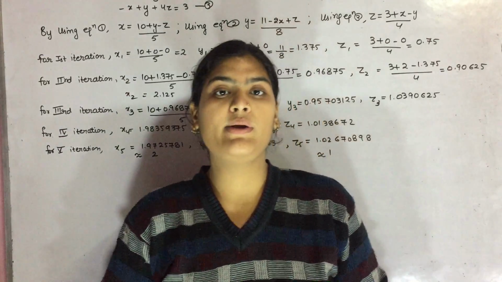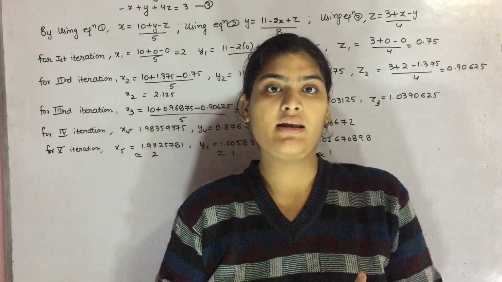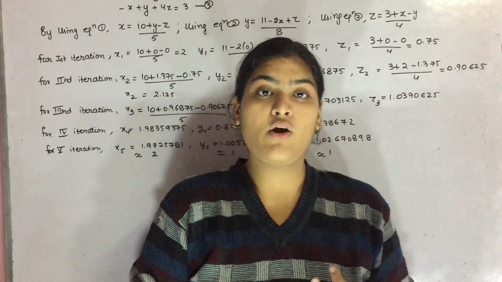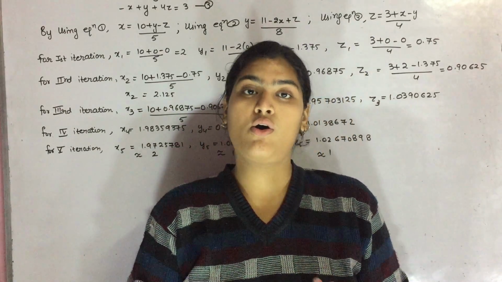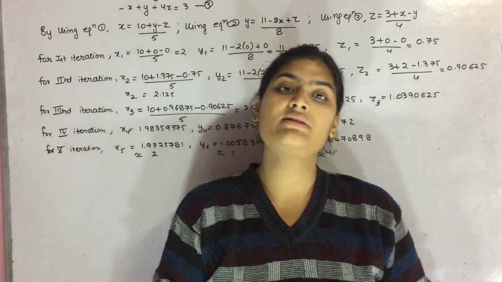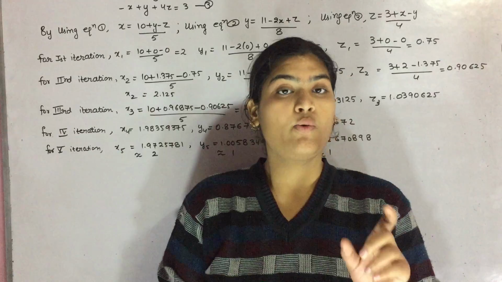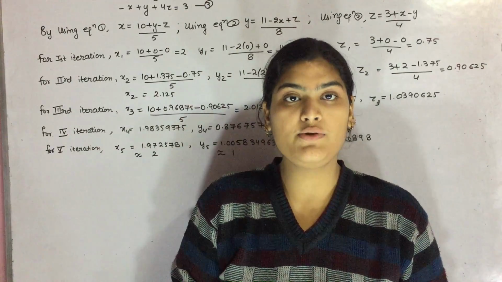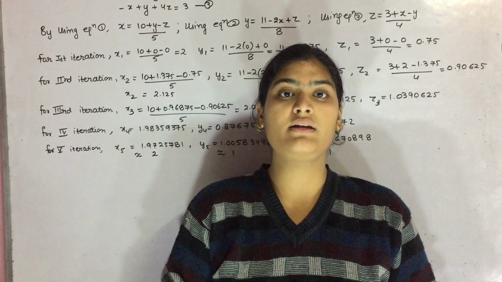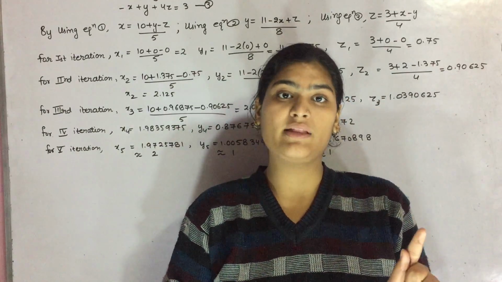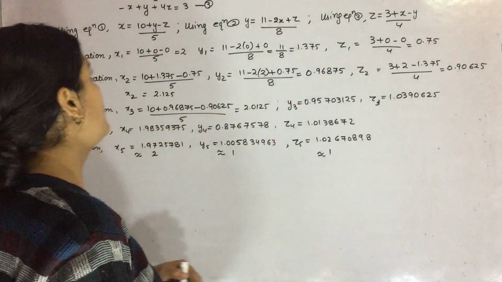In a transcendental equation, there is a given function like sine or cosine, a trigonometric function, or a logarithmic function or exponential function, whereas a linear equation is simply an equation with degree 1. So we are going to describe the solution of a linear equation, and in this way we are going to discuss our first method, which is the Jacobi method.